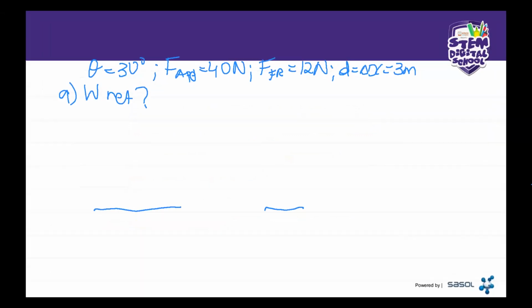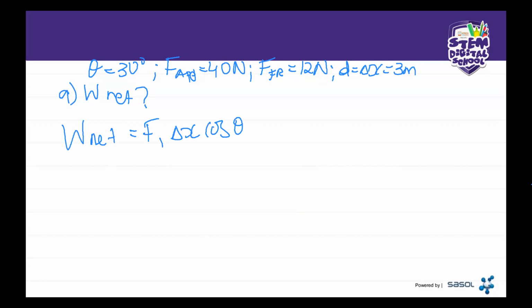Come, now we can start our problem here. What do we know about the work, the net work? We know that the net work is a sum of the work of individual forces that are acting on an object. I think I wrote it on the previous question as well. So for example, the net work would basically be force 1 times triangle x cos theta plus force 2 triangle x cos theta, right? So this is basically up until, depending on how many forces. If you have other forces, you're also going to add them.